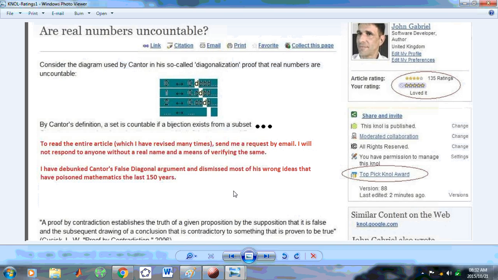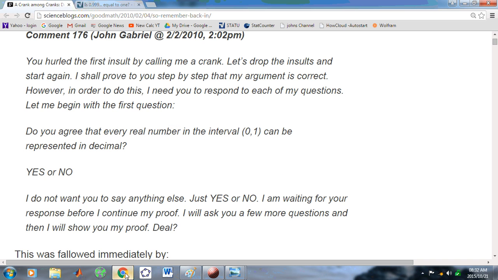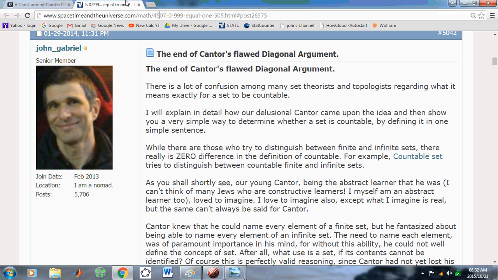Cantor was such a fool. He's what I would call the father of all mathematical cranks. Now, Cantor didn't start out that badly. For example, how did he get, do any of you know how he got his idea of a countable set? Well,